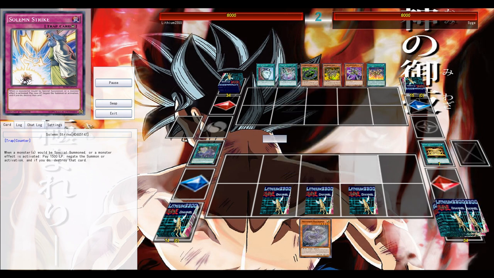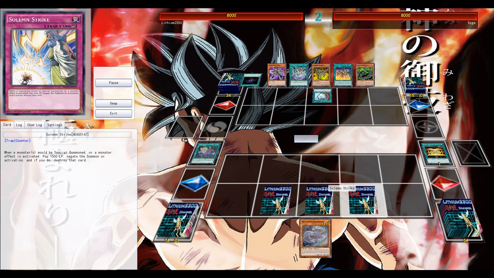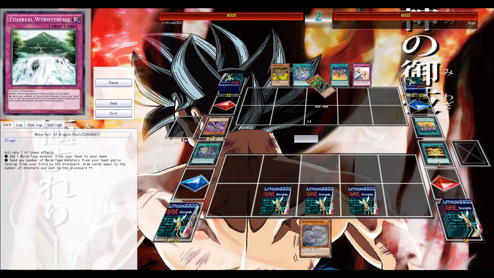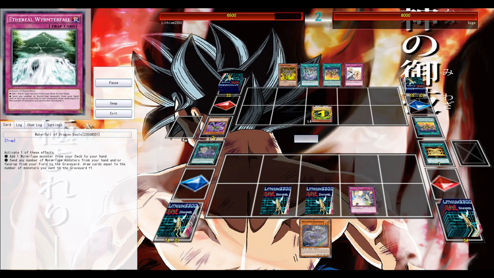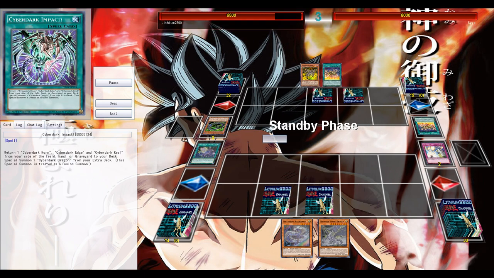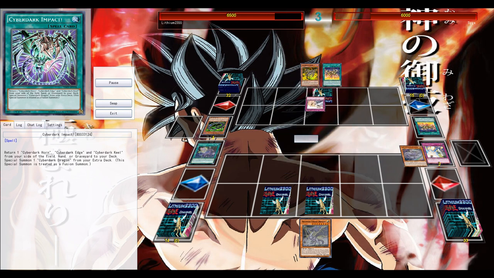Okay, the opponent now, and I believe, yeah, Neptis triggered immediately searching out Ragnarok. It's either searching out Ragnarok or SC Metaphys, since I have Waterfall set, so Waterfall could potentially search my Daedalus to banish it with SC Metaphys during my own turn. So normal summon Ragnarok, run into Warning,